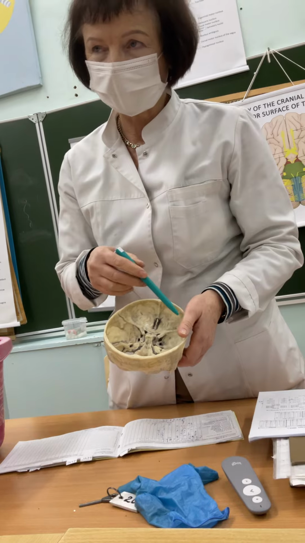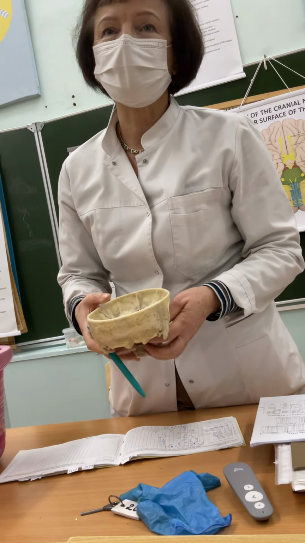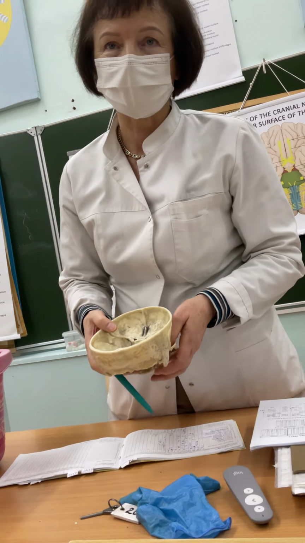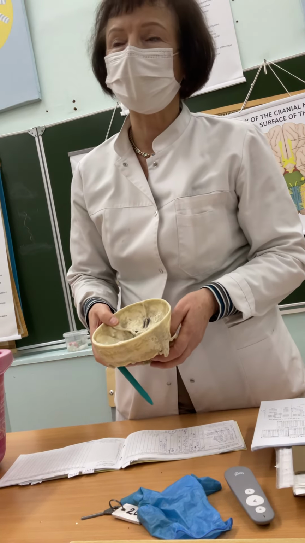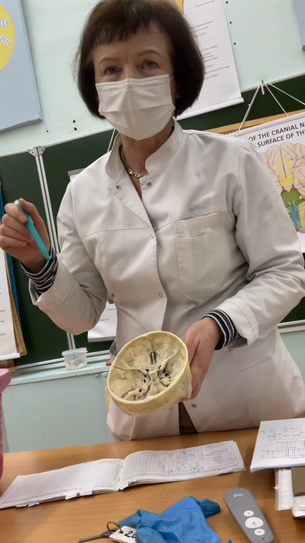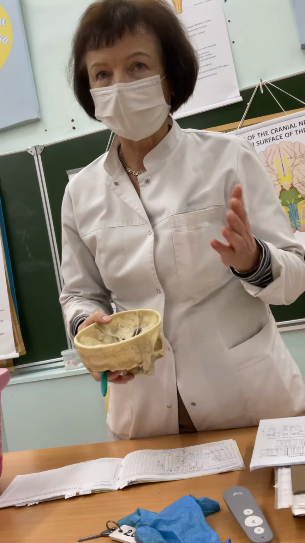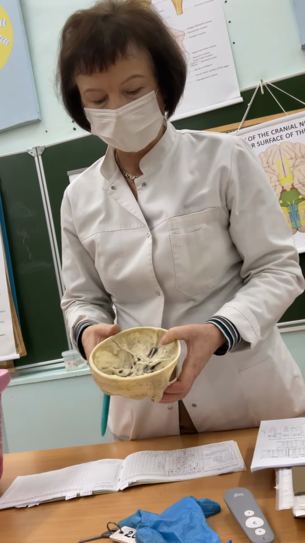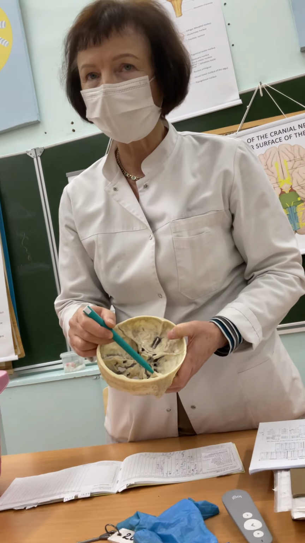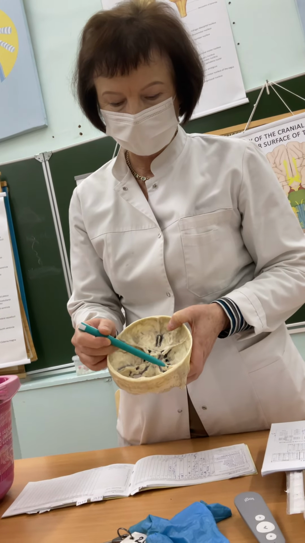Peripheral processes run to the receptors. Receptors in the cochlea are in the organ of Corti, the spiral organ. In the vestibular part they are located in the ampullary crest and the macula of the saccule and macula of the utricle. So these are the receptors. Central processes run from the cochlea and from here and form the nerves, cochlear nerve and